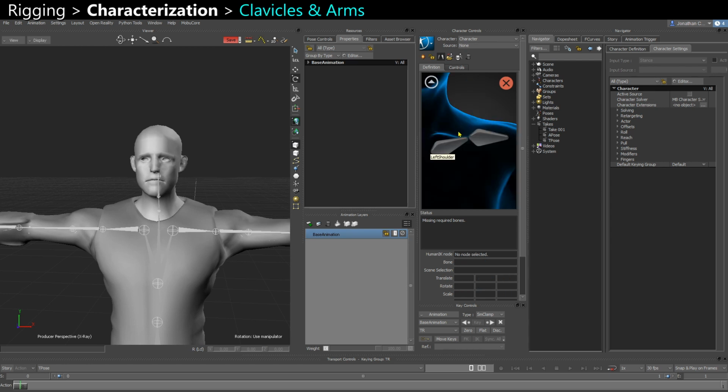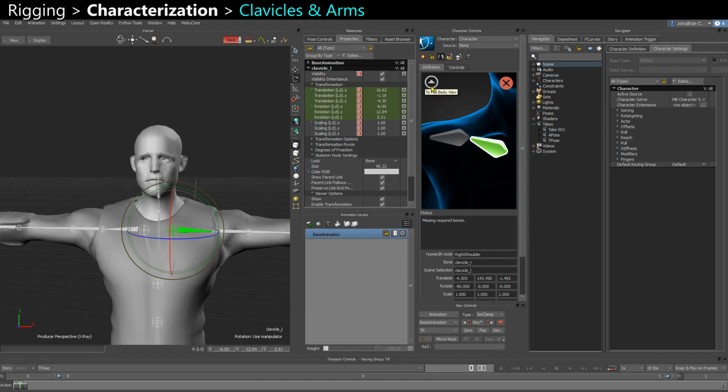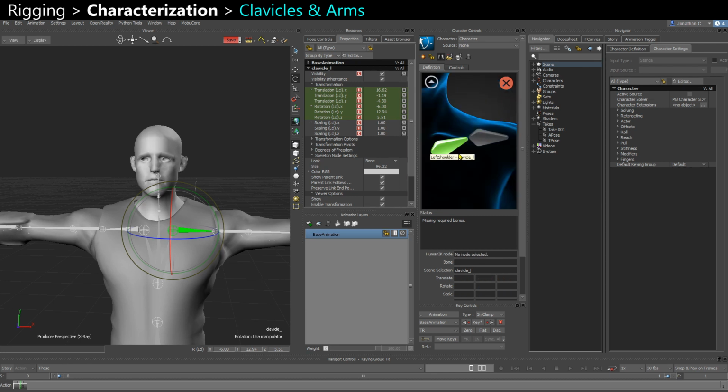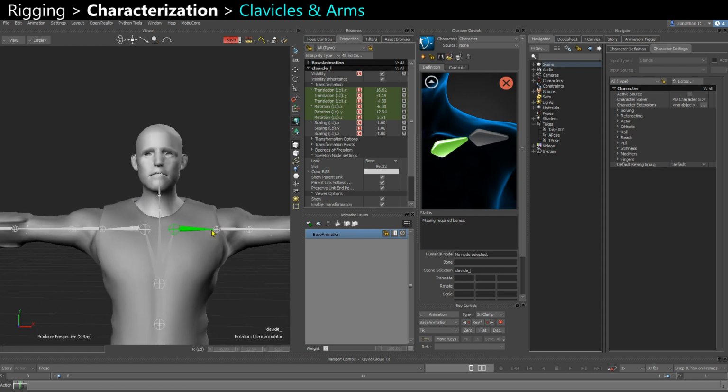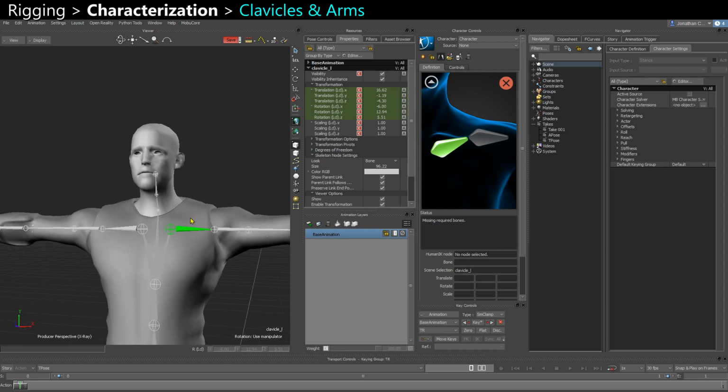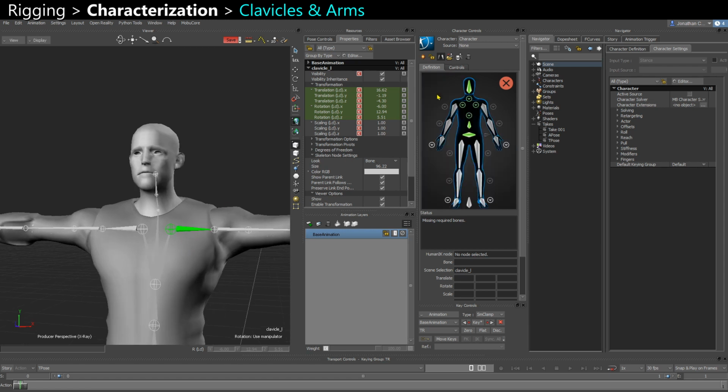Then let's do the clavicles. So here's the left shoulder. Technically you can have 2 clavicle bones. If you have a weird creature, you might need that, or if you have really large shoulders, but 90% of the time you only have 1 clavicle bone, which is totally normal. The left arm,